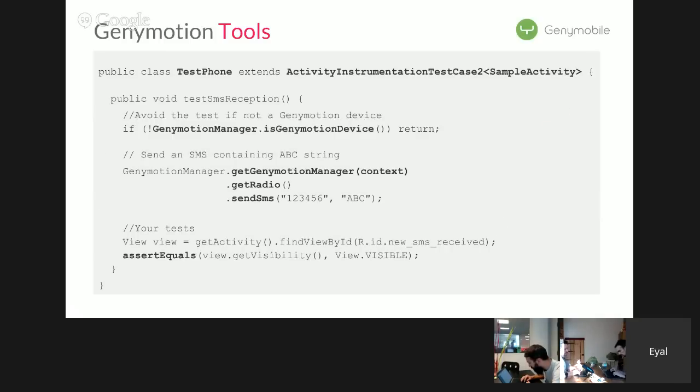Here is a very small instrumentation test case. It's called test SMS reception. And I will show you very quickly, in a very simple way, how you can use the Java API. So first, what I do in this test is check if the test is running